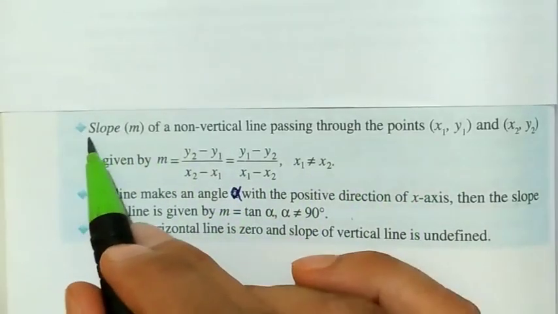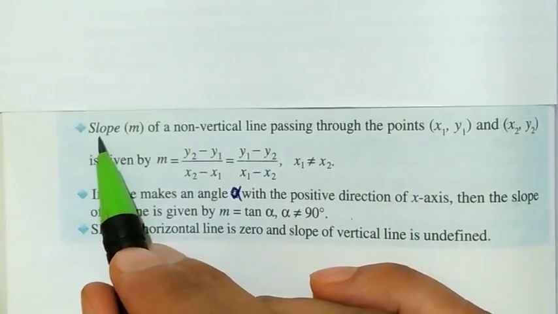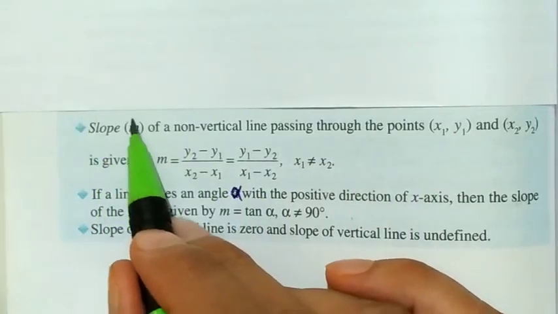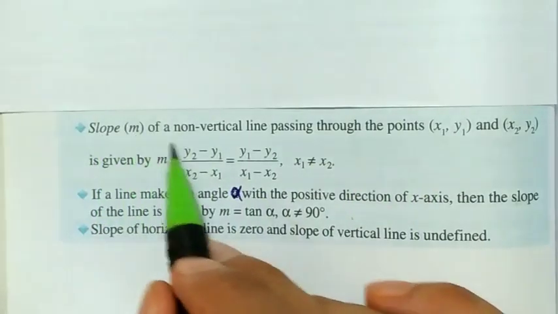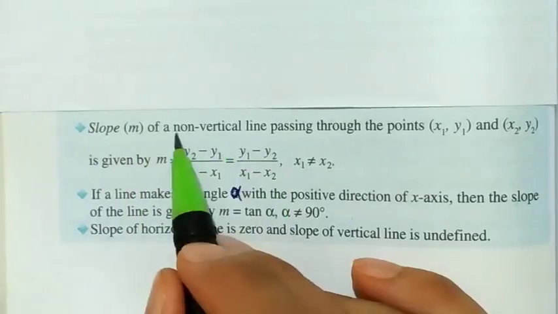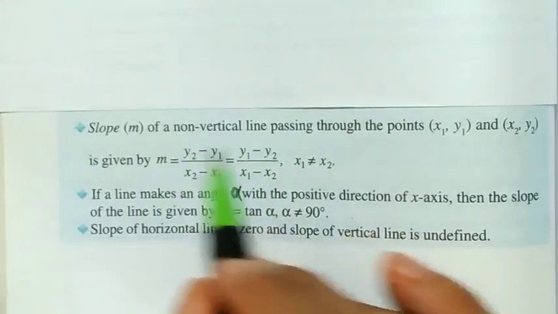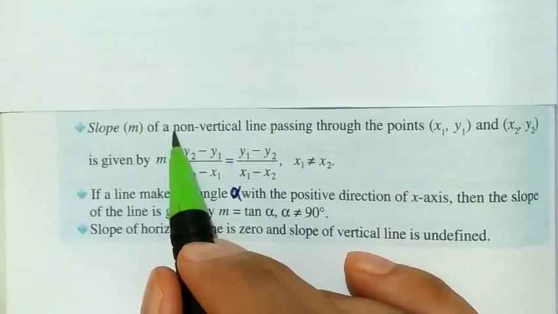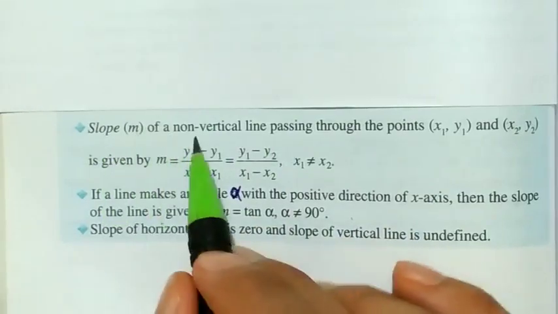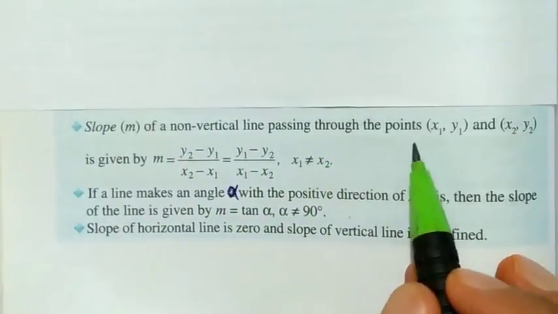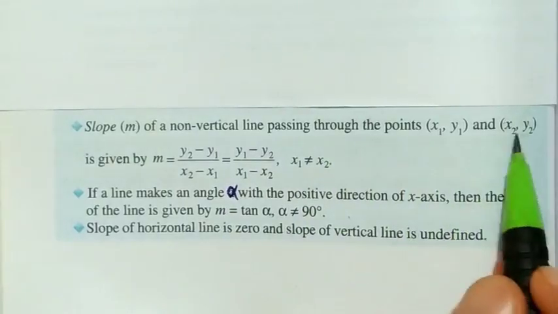Let's start. The first point is slope. The slope of any straight line will be represented by small m. Slope m of a non-vertical line. Why am I saying non-vertical line? Because for a vertical line the slope is infinite. It's not defined. Slope m of a non-vertical line passing through the points (x1, y1) and (x2, y2)